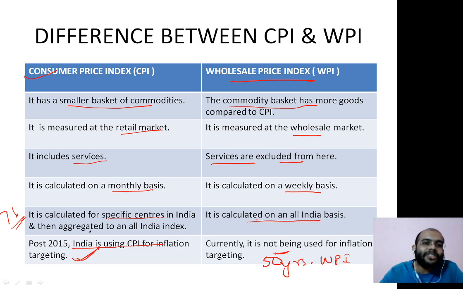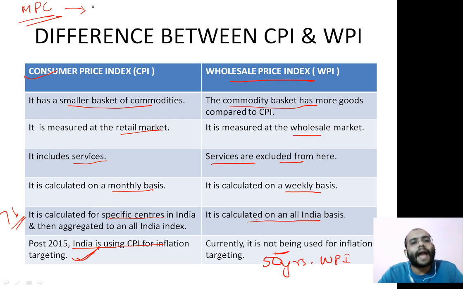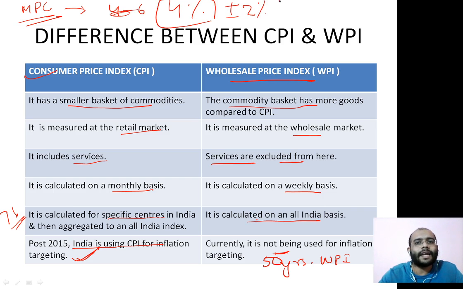So what is inflation targeting? Let's talk in brief. In detail we will talk in our live classes because we do not have enough time to talk over here. Inflation targeting: you might have heard about the monetary policy committee of RBI. The monetary policy committee, in dialogue with the government, has decided that the inflation rate in India must be 4% plus or minus 2%. That means the range would be 2 to 6%. This is inflation targeting of India.